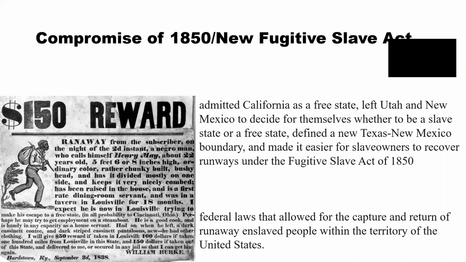Now let's talk about another compromise that tried to deal with the balance of the number of free and slave states, the Compromise of 1850. The compromise admitted California as a free state, and left Utah and New Mexico to decide for themselves whether to be slave or free states. This is the idea of popular sovereignty. It also defined a new Texas-New Mexico boundary and made it easier for slave owners to recover runaway slaves under the new Fugitive Slave